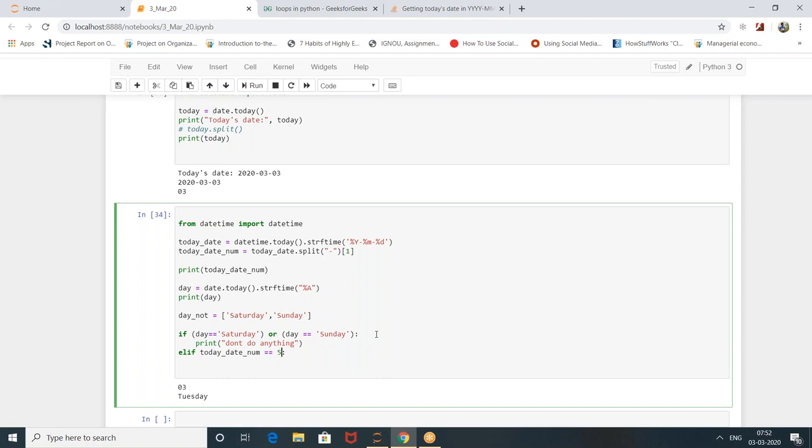Today is March 3rd. So that means in this month we are on the second business day. If you go to the fifth business day, that means it's the sixth. That's Friday.